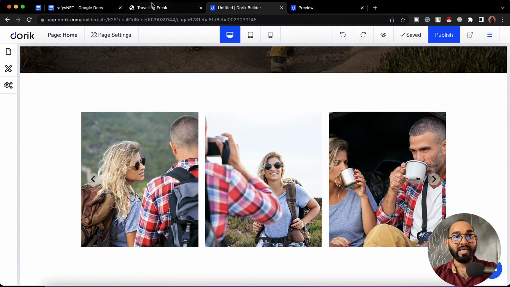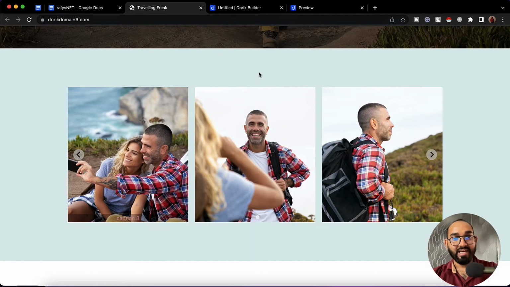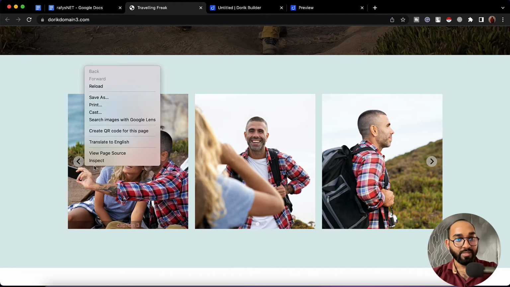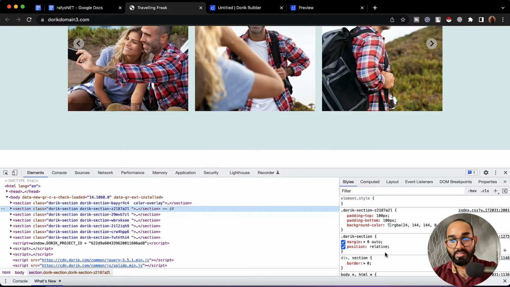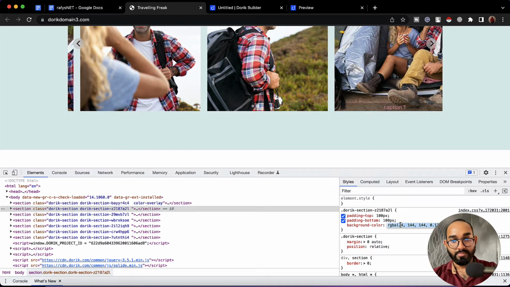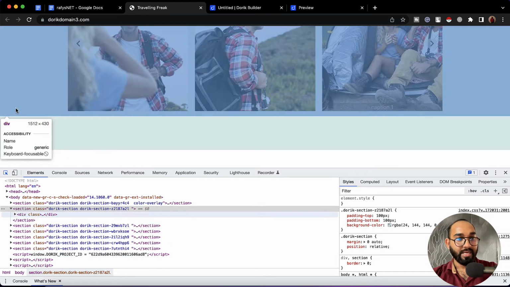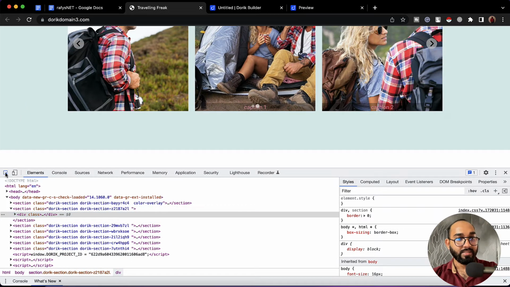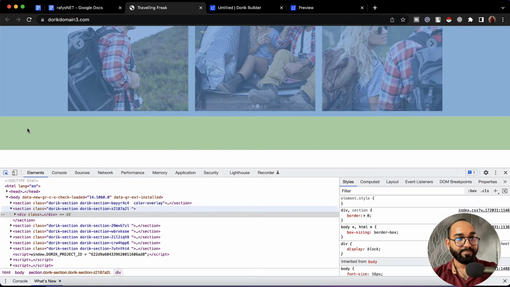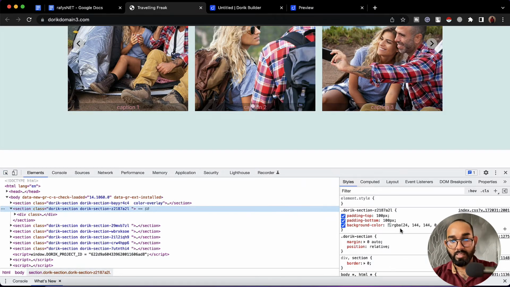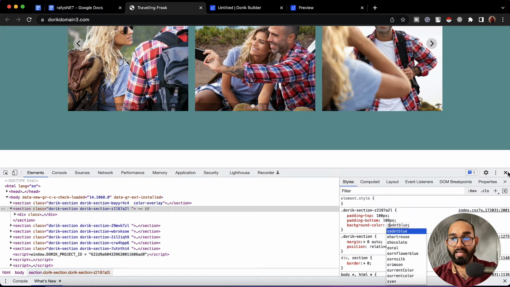Now one thing, we didn't set the color from here yet. So in this case, I'm going to get the color code from this. So where is the color, background color? Okay, let me select this from here. So here's the background color. So I'm going to copy the color code, and let's,